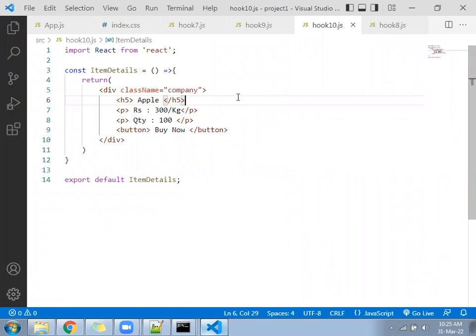Okay, hope ready. Now this component name is called item details. This also we have made static still. We will make it dynamic as well. So hope your item details component is ready. That is called hook 10.